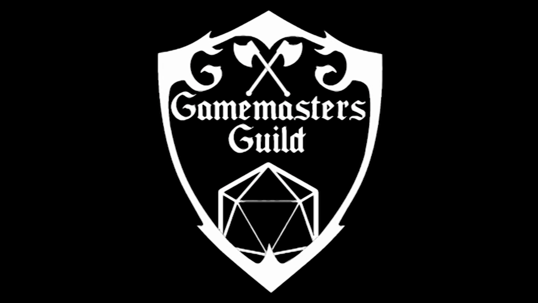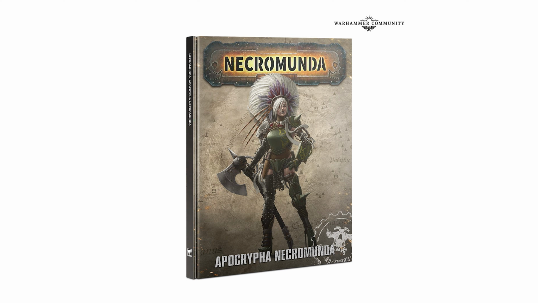Well, first up from Games Workshop, we have Necromunda Apocrypha. This 128-page tome looks to enhance your Necromunda game with out-of-print, updated, and brand new rules, as well as new campaigns and scenarios. So, if you're looking to add a new edge to your game, this would be a great buy. But with that, we have coming up the Palatine